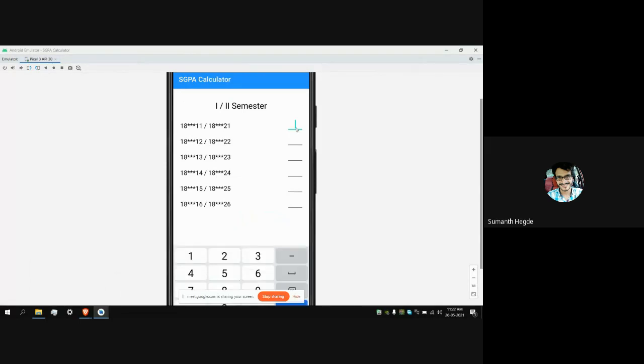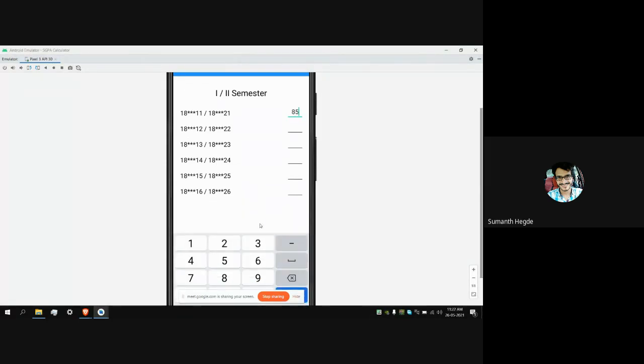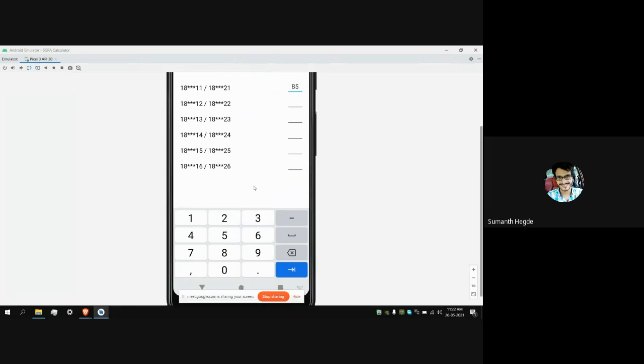I will input some marks. If you observe here, it's only allowing the user to enter numbers, not allowing any text.